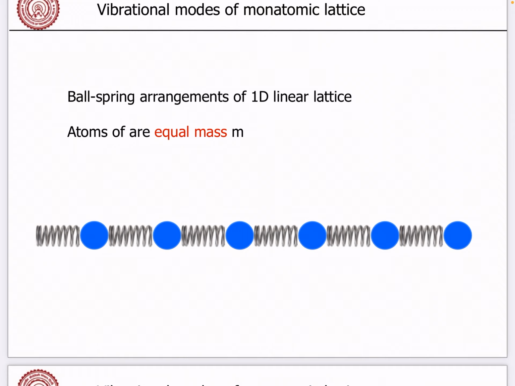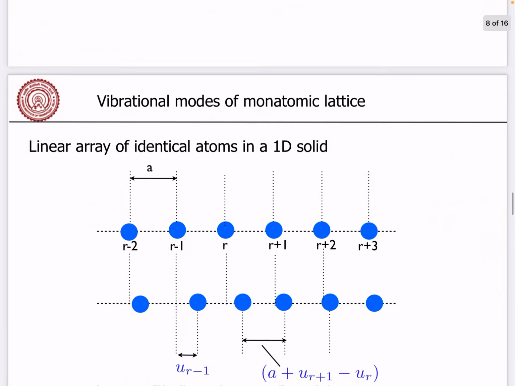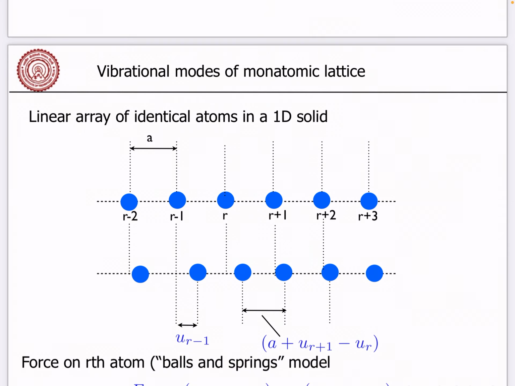We are all concerned with the vibration of this lattice from its equilibrium position. So in this case we are starting with the longitudinal vibration of this. Now if you consider this linear array, we know that there is a lattice constant. The atoms are separated by the lattice constant, which is a, and now we consider